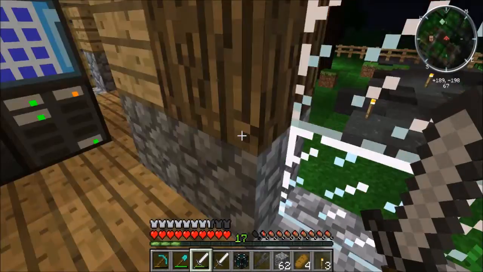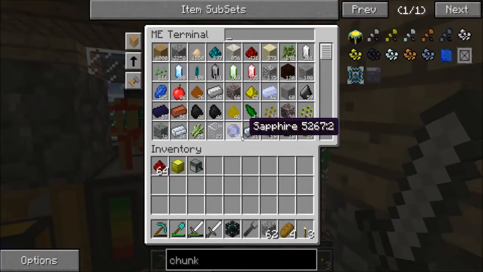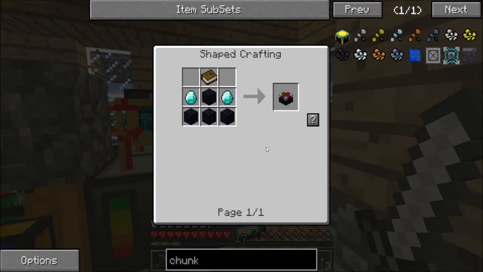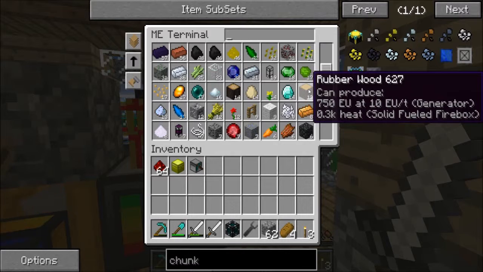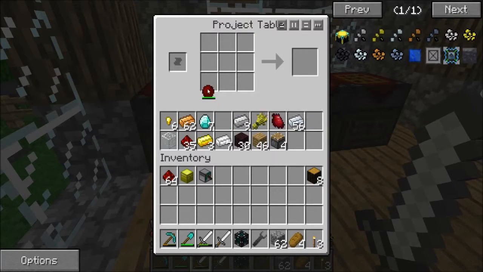Alright, guys, I'm back. And while I was gone, it got to be nighttime. Alrighty. Let's see. Let's see how to build this little thing. We need some obsidian, diamond, and a book. We don't have any obsidian, but let's see. Where did I leave my medium stone? Here we go. Didn't think that would work. That's okay,